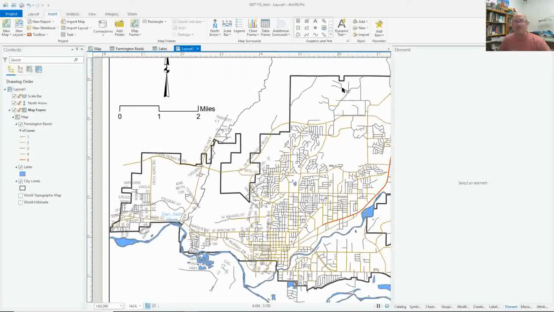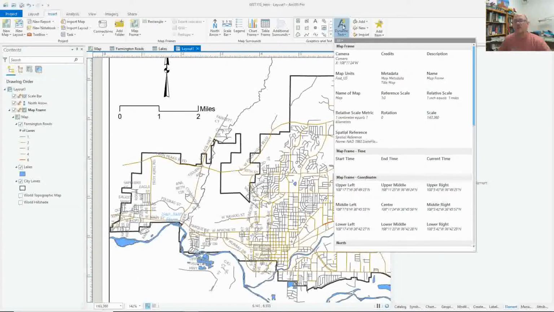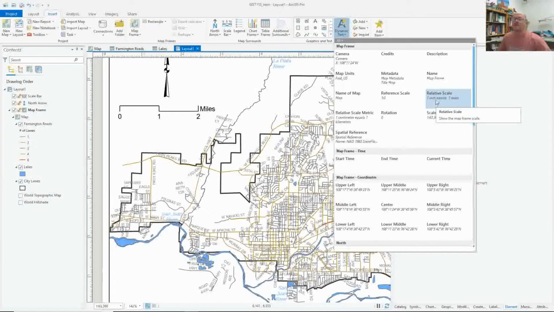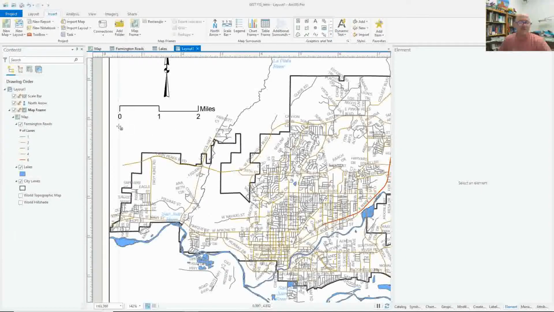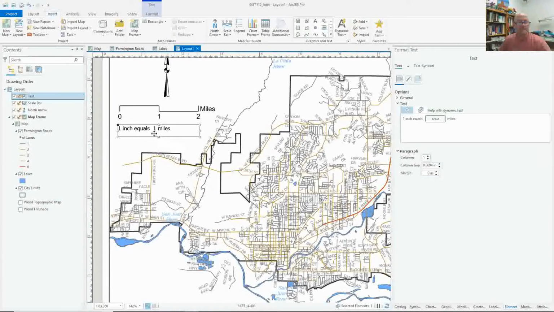Yeah, we want to put another type of scale, called a relative scale, and there's also an absolute scale. So right now, relative scale is kind of our verbal scale, or using units. So there's my 1 inch equals 1 miles. We probably need to change that, so I'll move it into place, and let's go to its properties. It's already over here actually, so I can just edit this text over here. So there's a button there where we can add some stuff. I'm going to take out the S in miles,